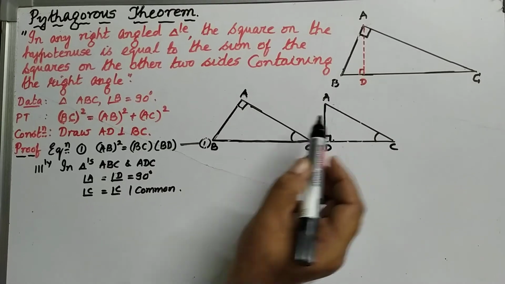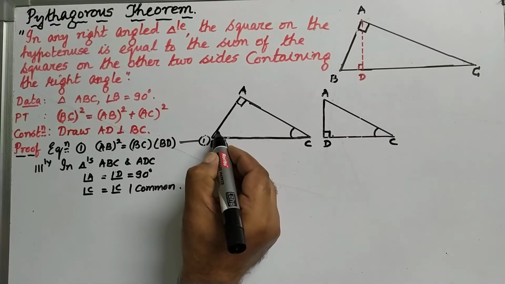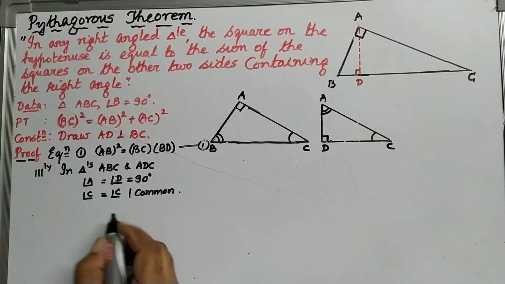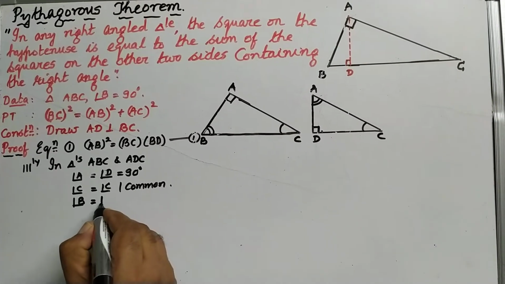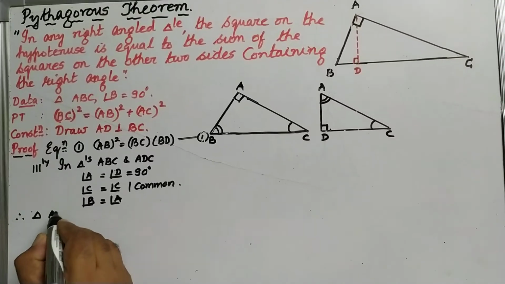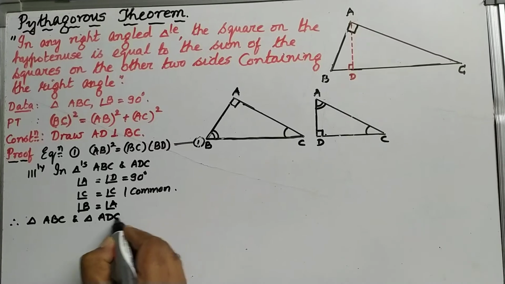So in these two triangles, two pairs of angles are equal. Therefore, the third pair automatically becomes equal. Therefore, angle B is equal to angle A. Therefore, triangle ABC and triangle ADC are